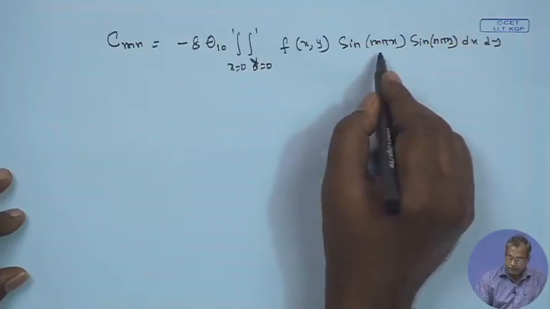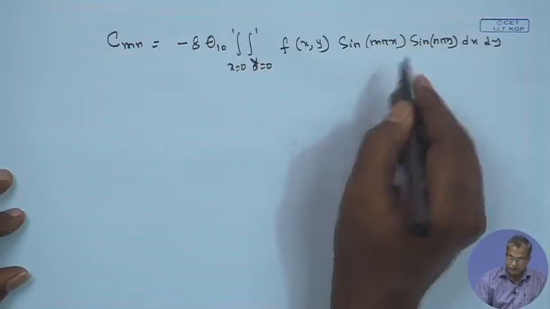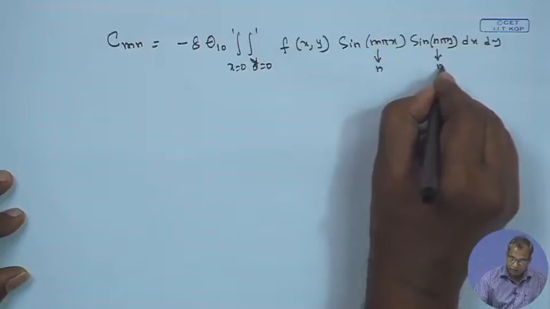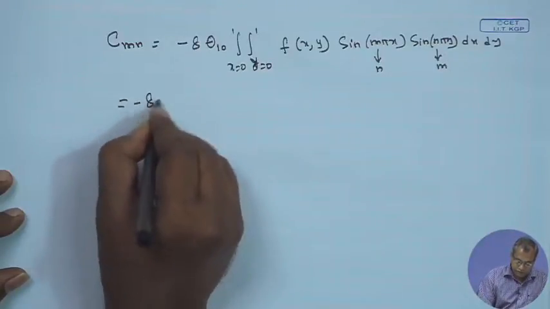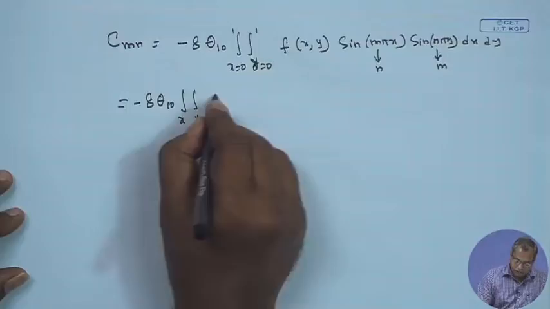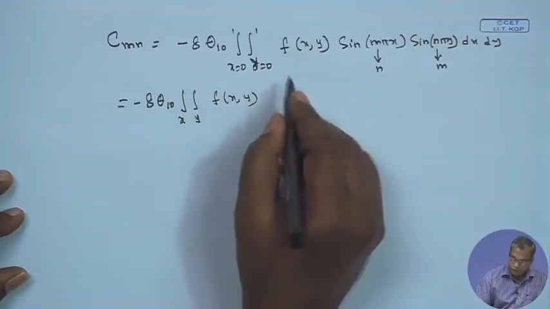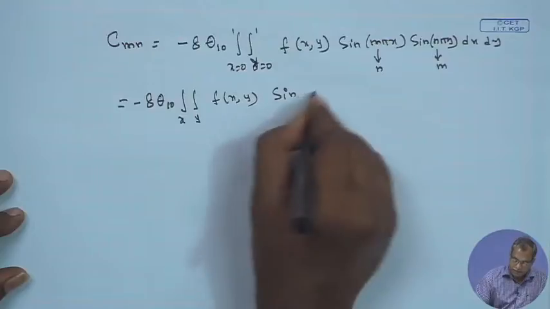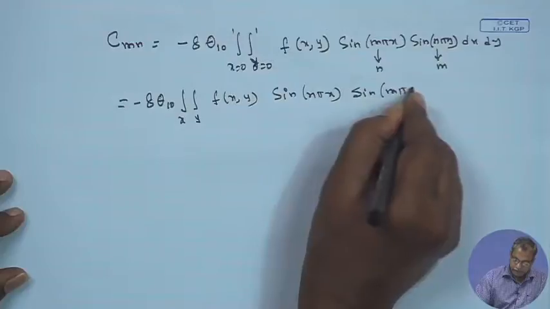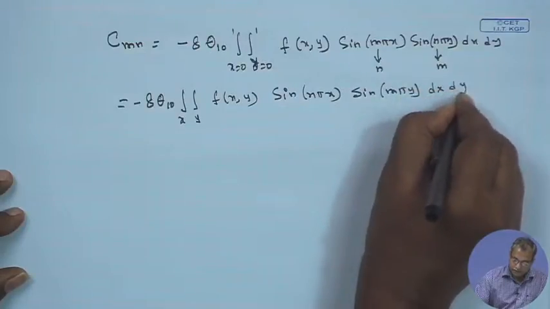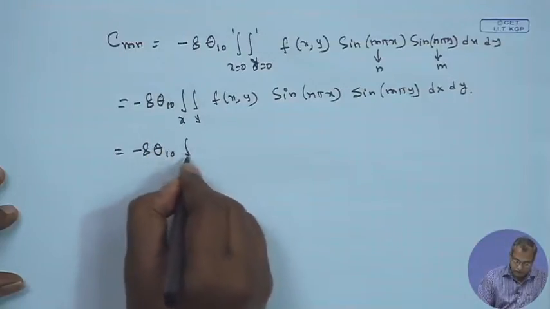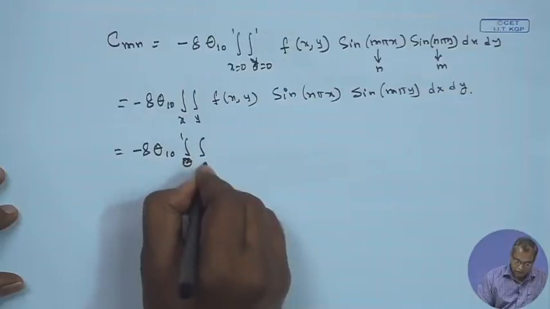The index m was associated with y and the index n was associated with x in this particular problem, so we convert them back to n and m, our normal variables. So this becomes minus 8 theta 1 naught, integral from 0 to 1, integral from 0 to 1,